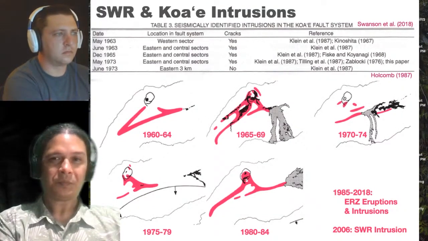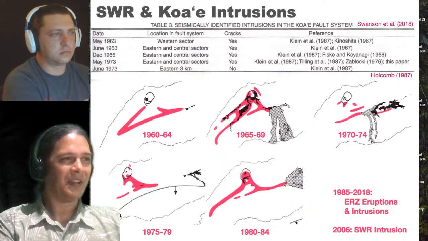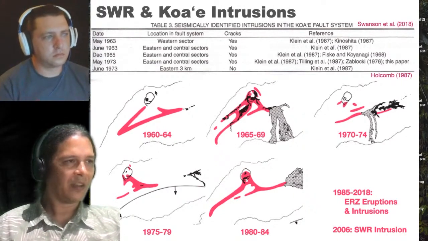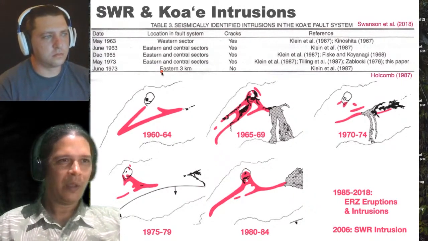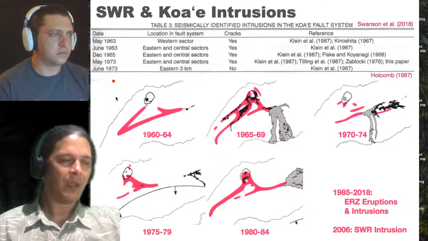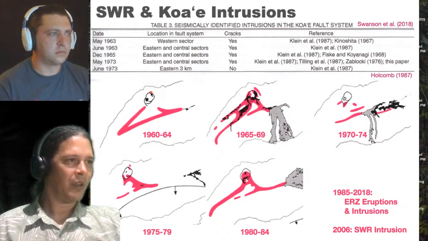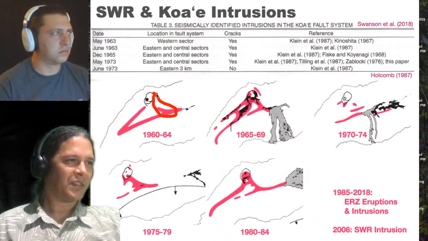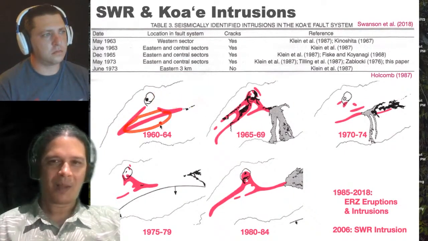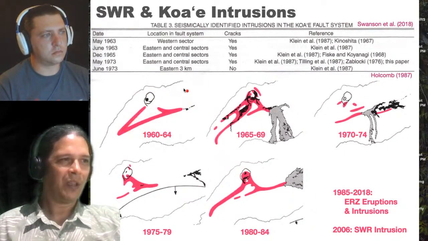Hawaii Island. So this is a set of maps from Holcomb, 1987, that I've enlarged, and I've paired it with this table from Don Swanson's paper on a system of intrusions in the Koaʻe Fault Zone. So once again, just to point this out, our southwest rift zone is the area right over here. Our southeast rift, upper east rift is this one, and then further over this way, the Koaʻe is the area in between. Right? So this is why I talk about all these together,